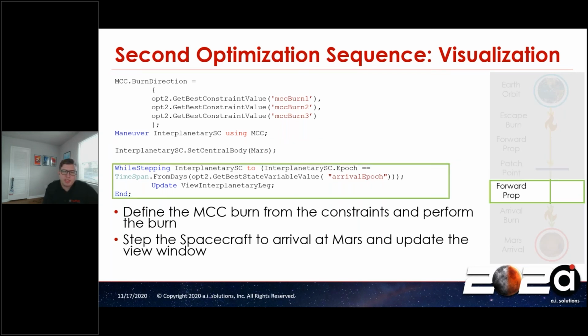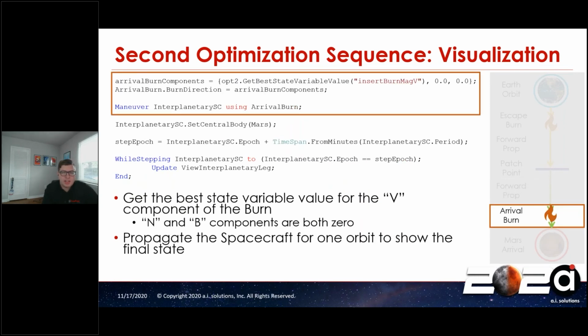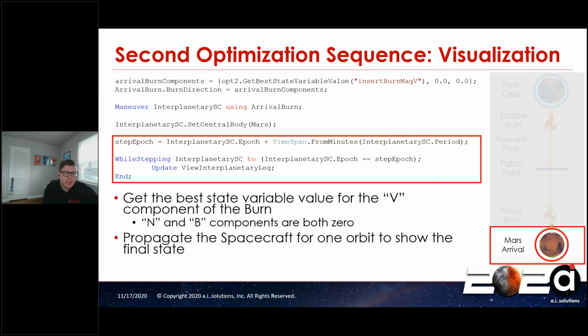We step the spacecraft to Mars, to the arrival epoch, and update the view window while we do it. And then finally, once we are getting to Mars, we perform our arrival burn using the best state variable value for the velocity component and zeros for normal and binormal. And the final thing that we do here, which was not in the evaluation loop, it's just for visualization and verification purposes,